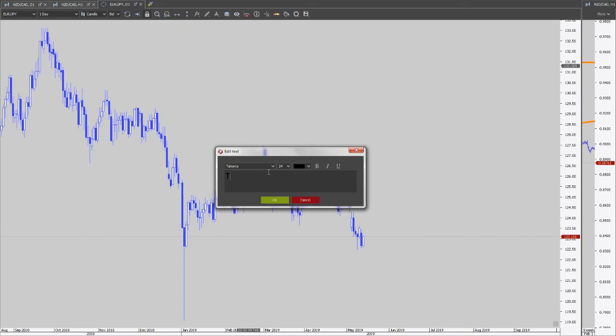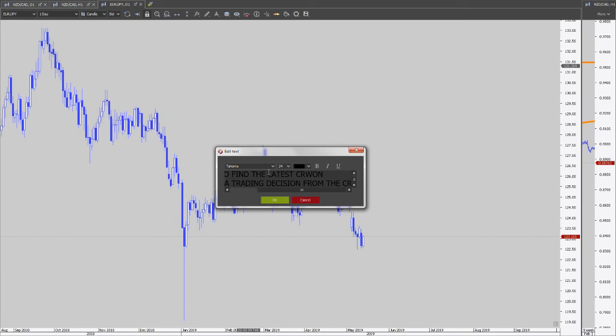Homework until tomorrow. Homework. Try to find the latest crown and make a trading decision